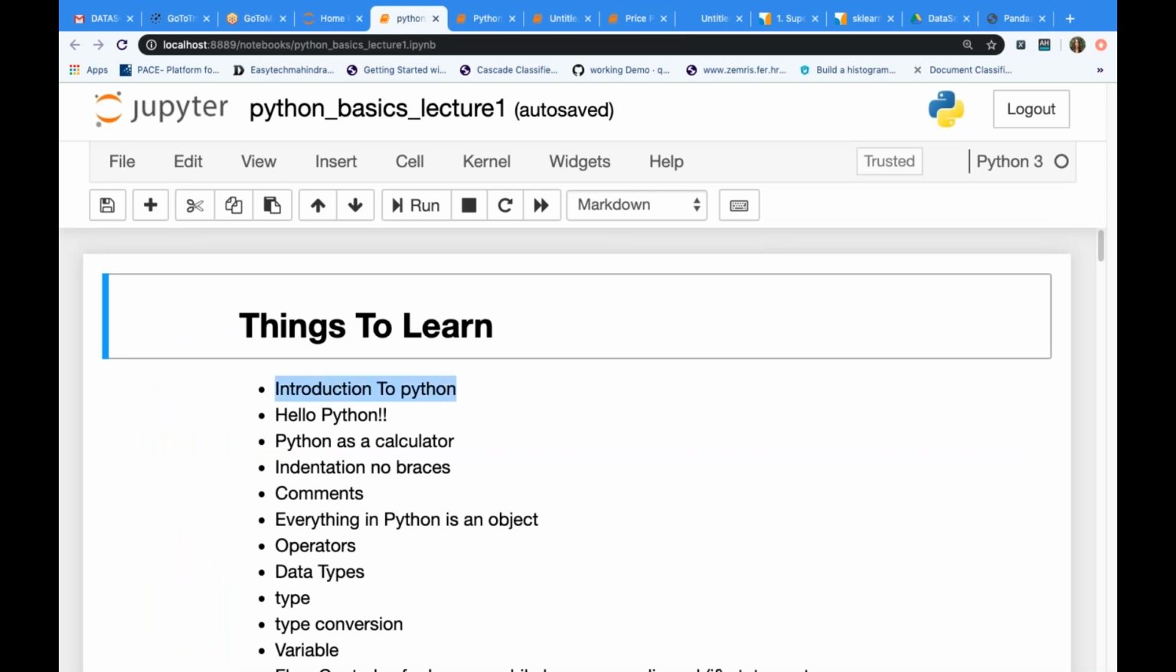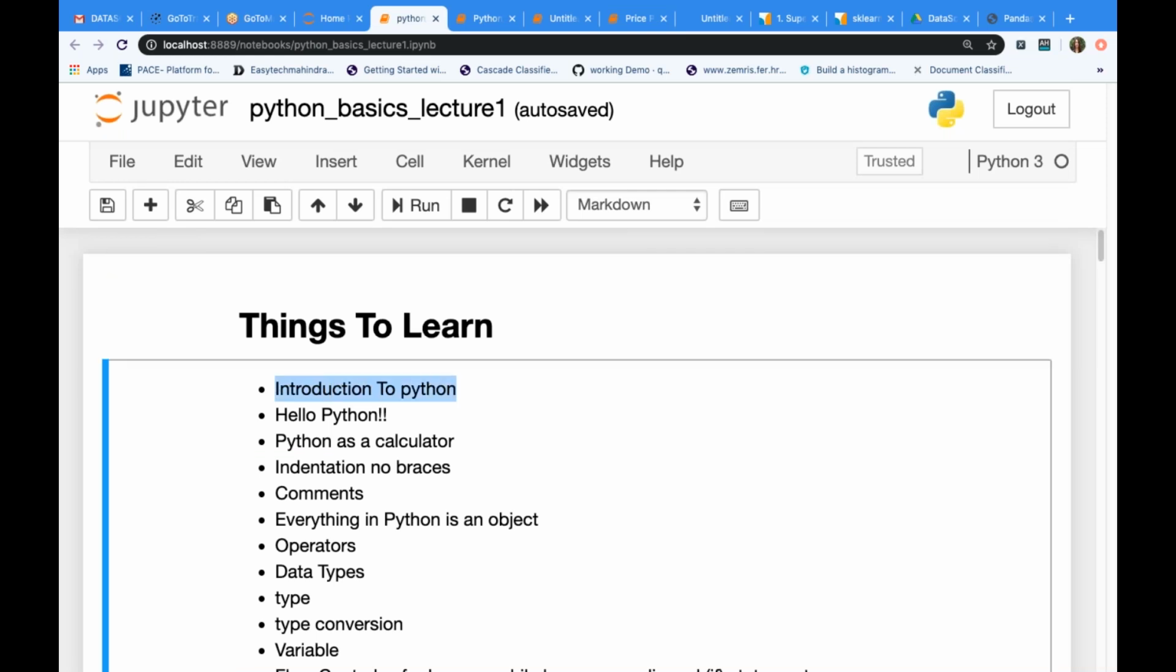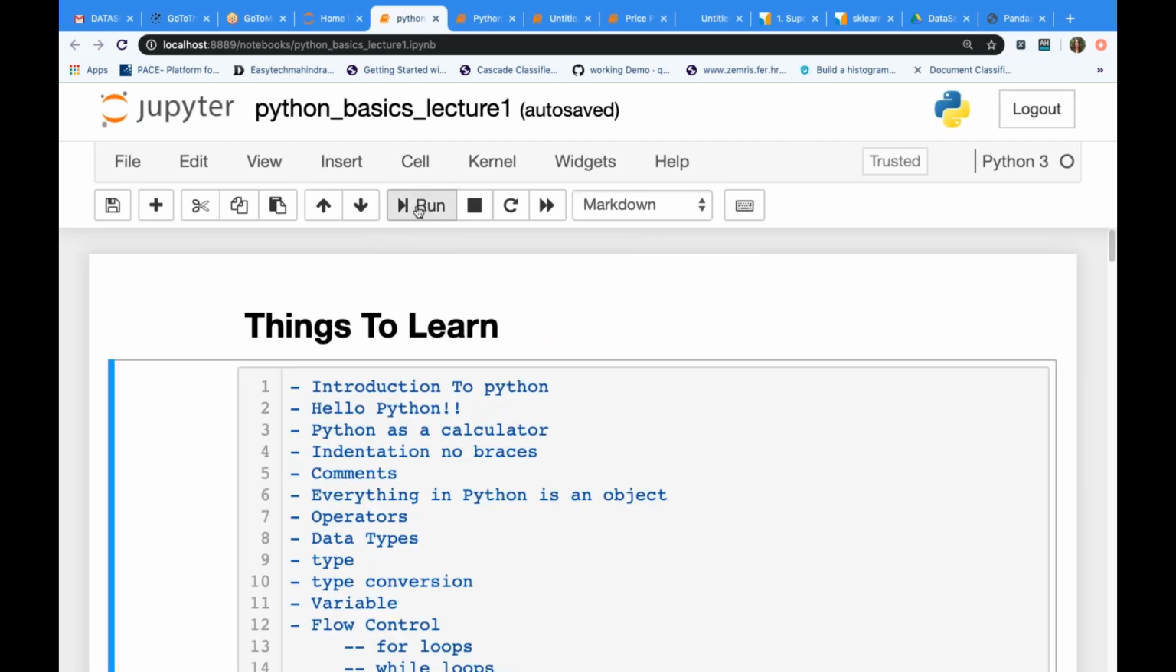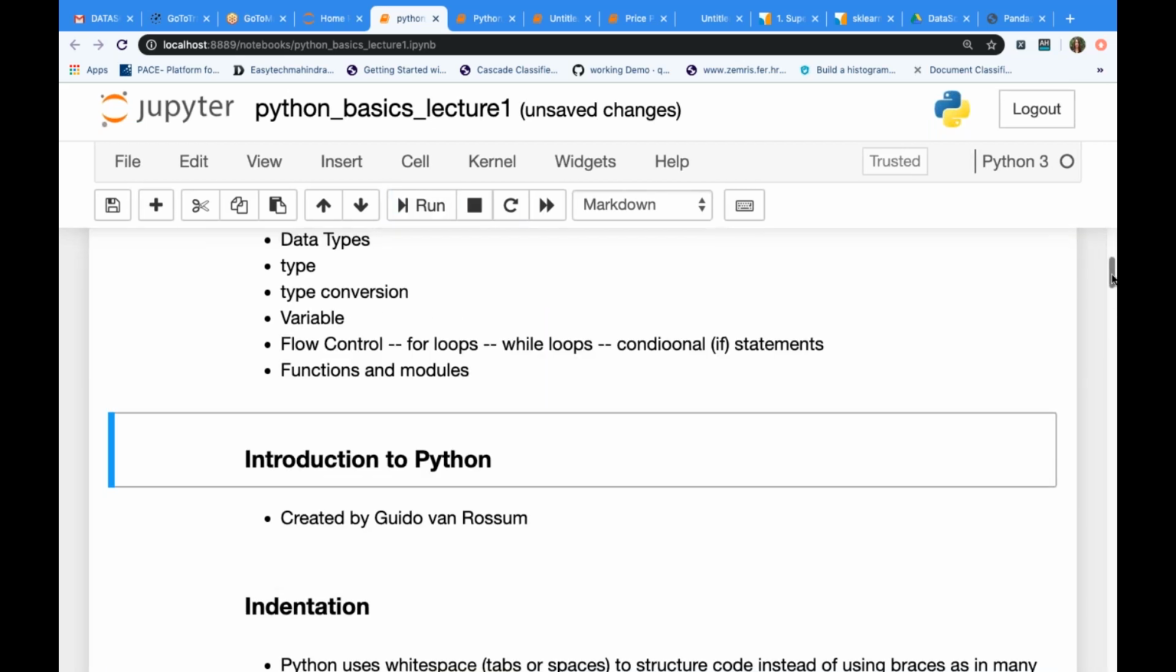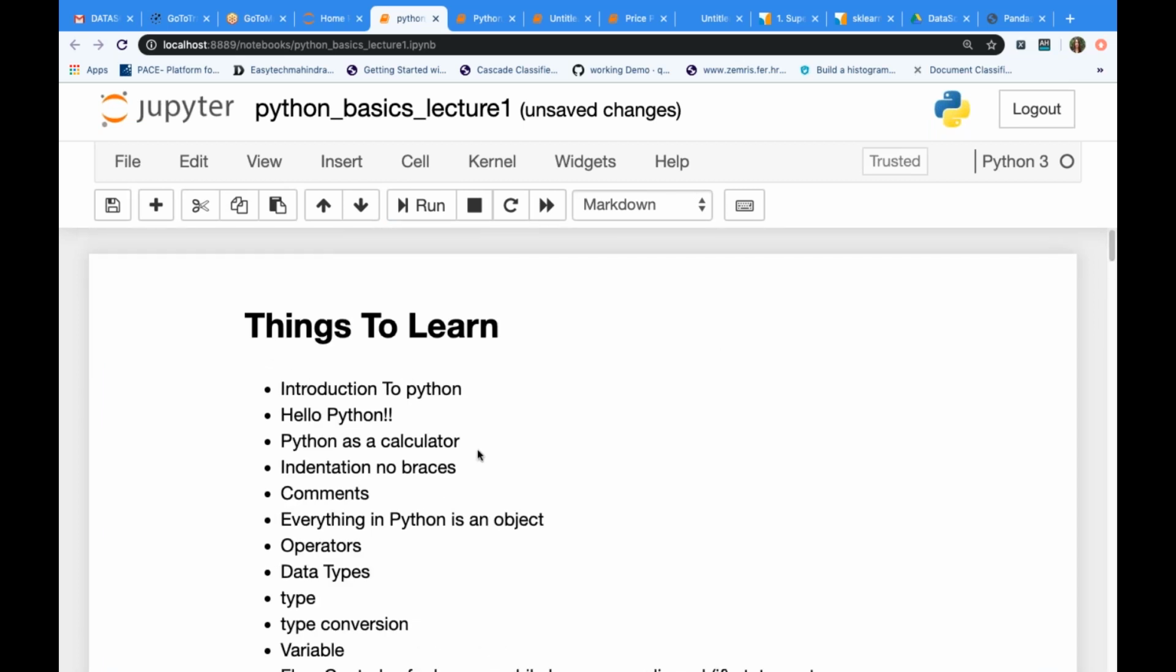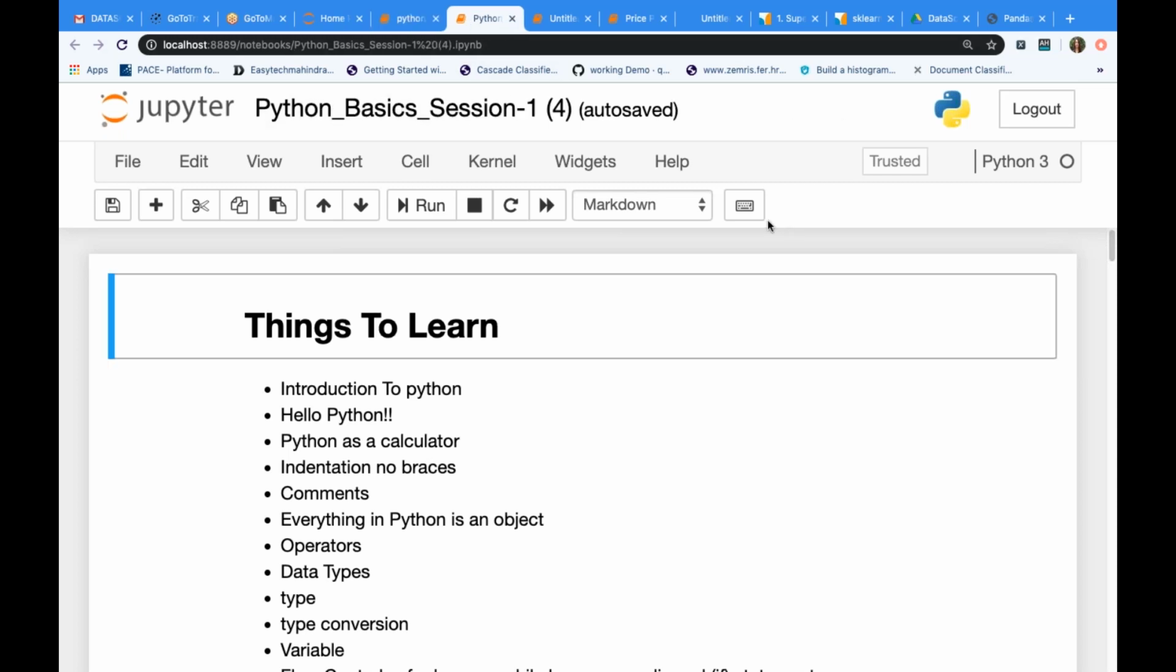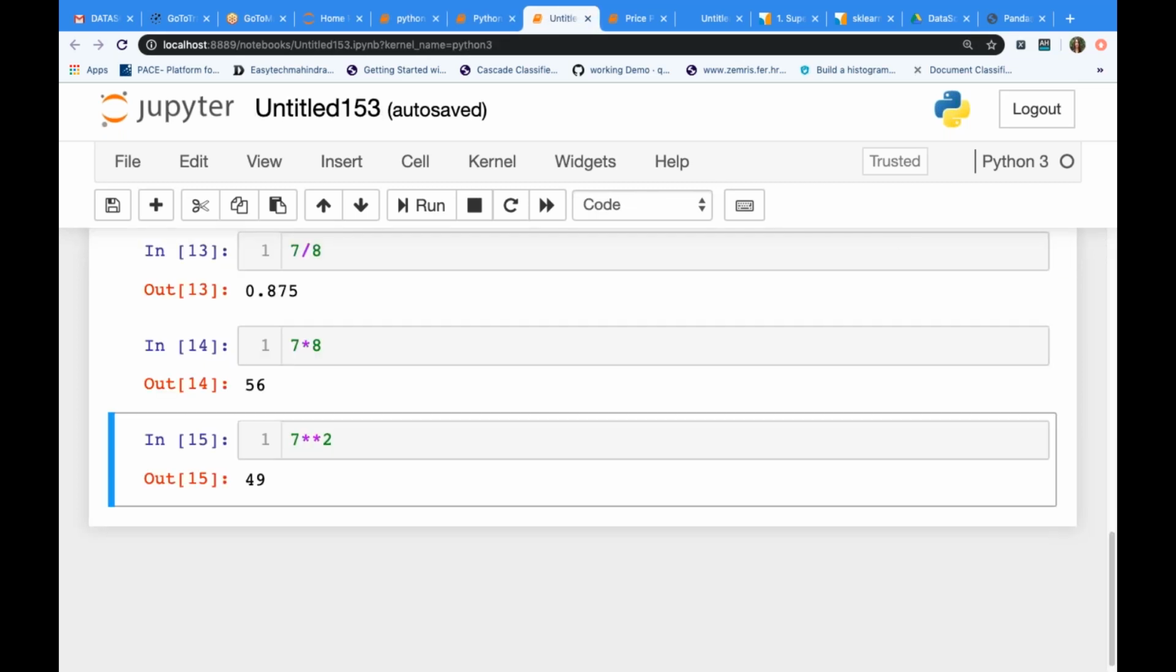So introduction to Python is nothing but the Python applications, hello Python, printing anything in the console, and then we have seen Python as a calculator, right? You can use it as a calculator. Indentation, no braces. Okay, now before jumping into indentation, no braces, I want to ask you